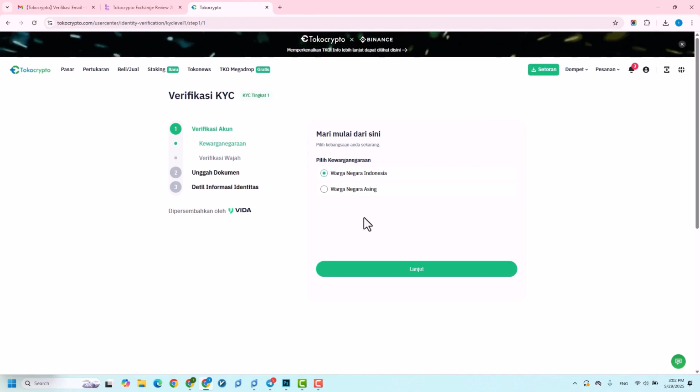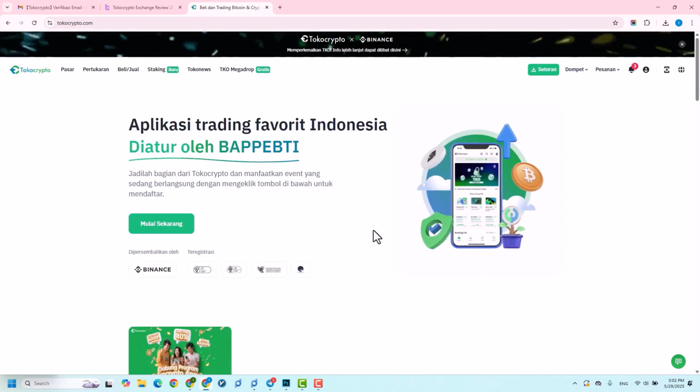In upcoming videos, we will go through the steps of identity verification and document upload on this exchange together, step by step. And by clicking on the logo of this exchange in this section, you will enter the trading dashboard